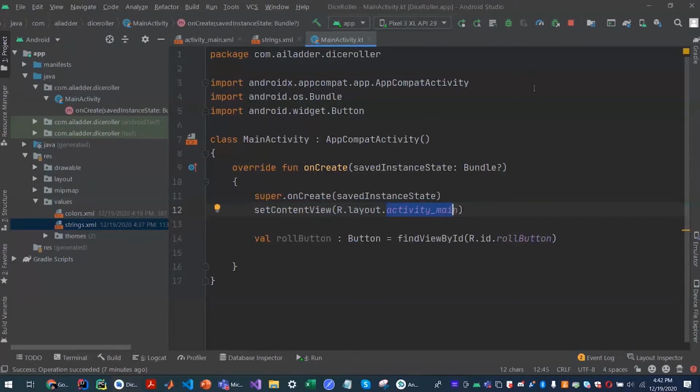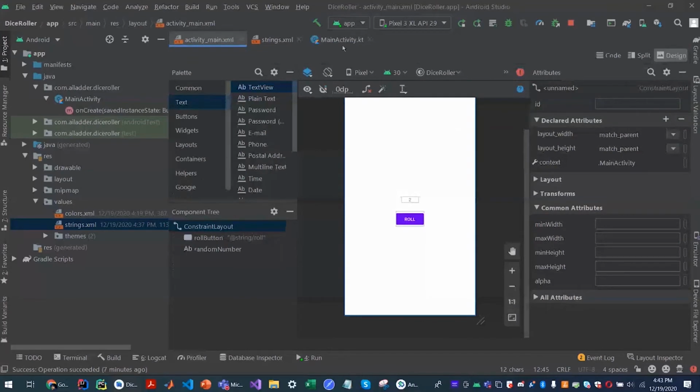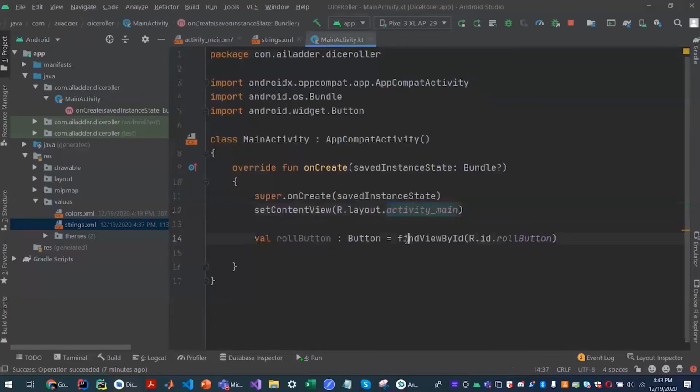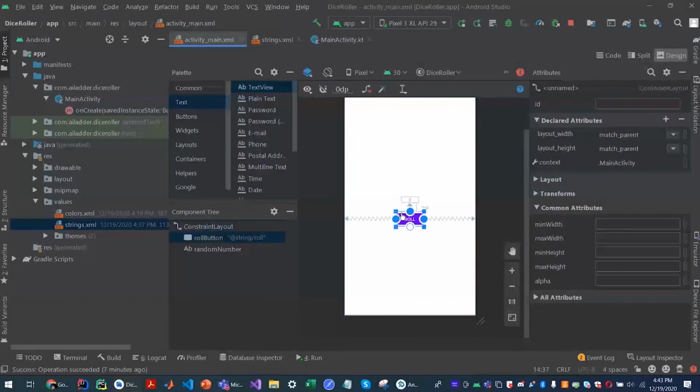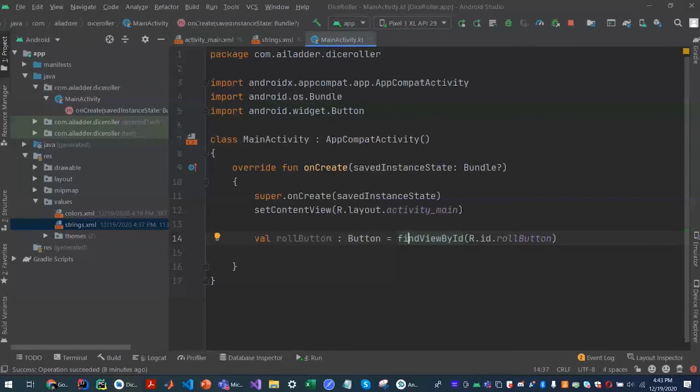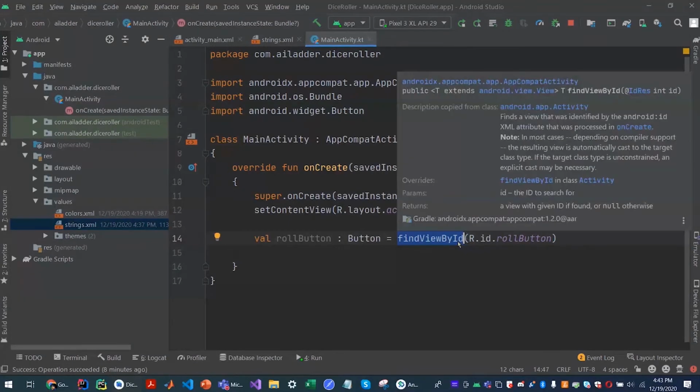So you're basically attaching the component, which is a button, to a variable. With findViewById, as you can probably guess, you're finding the view in this layout by its ID, and whatever ID I gave it there is the ID we gave here.